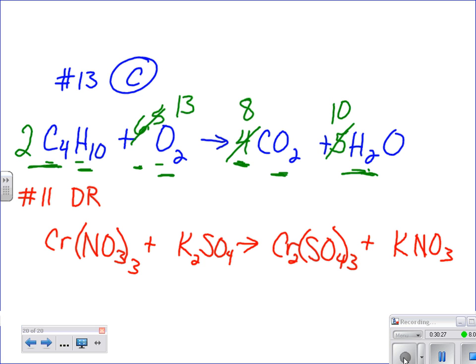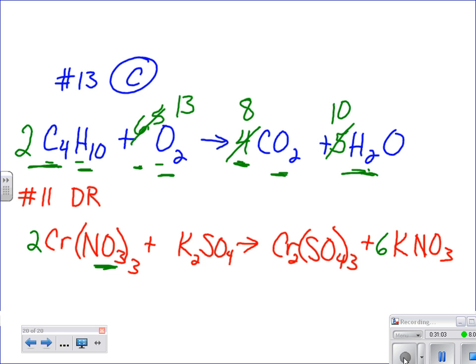So now that we know we have written these formulas correctly, we toss aside our formula writing pen and pick up that magic coefficient writing pen. I can't change subscripts, so don't scratch subscripts out and try to change those. I have 1 chromium, 2 chromium, so I'm going to put that in there. How many nitrates do you have on the left-hand side? Just nitrates. Excuse me, 6. So 6 nitrates, so I'm going to put a 6 in here,